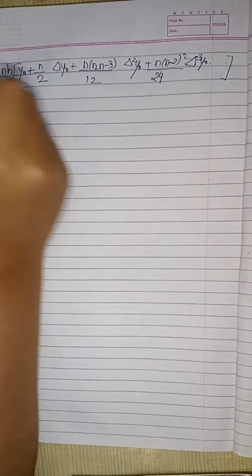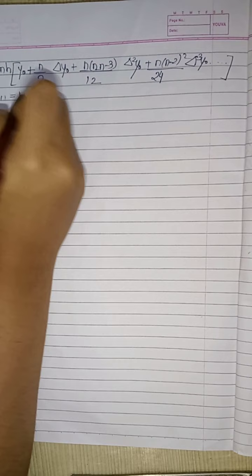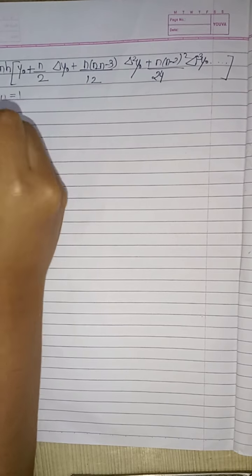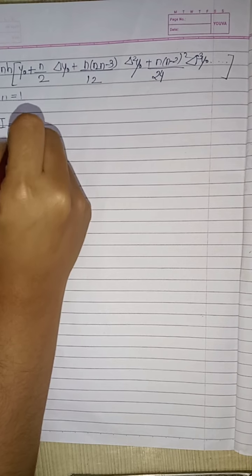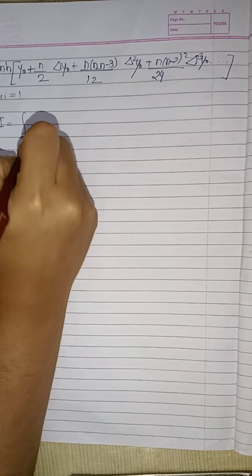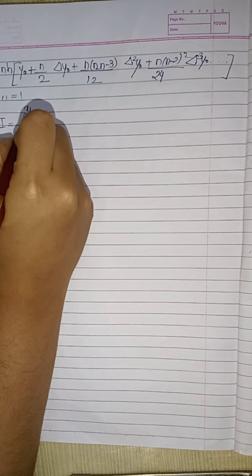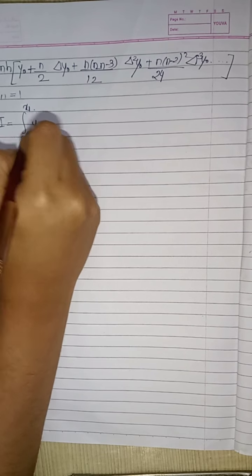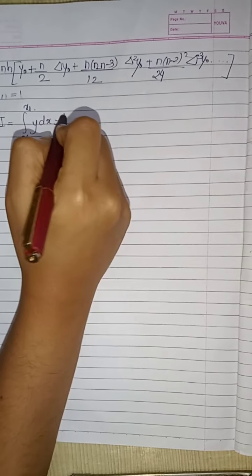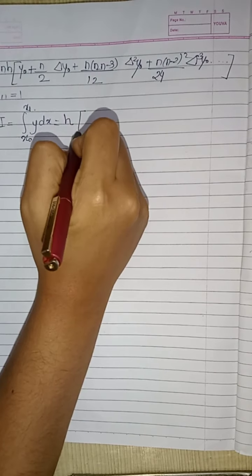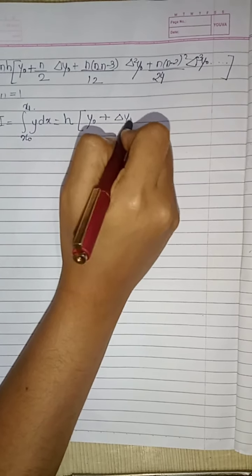In this formula, now we'll substitute the value of n as 1. So you'll get I, which is equal to the integral from x0 to x1 of y dx, which is nothing but n into 1, h into 1, so h into y0 plus delta y0 upon